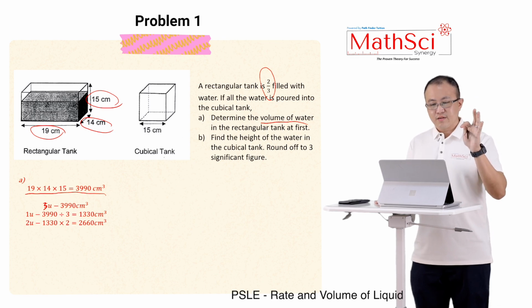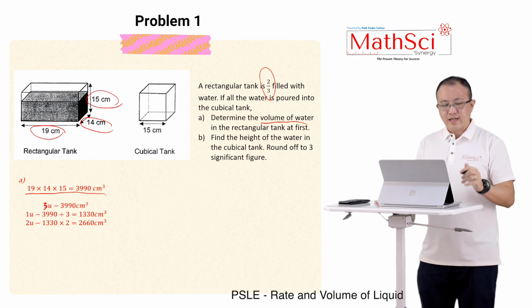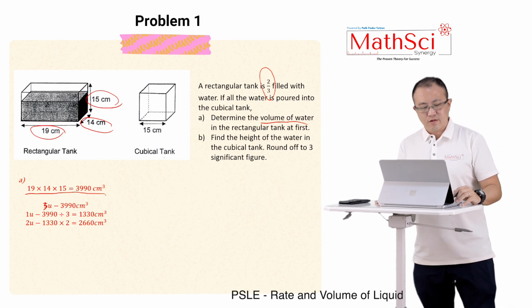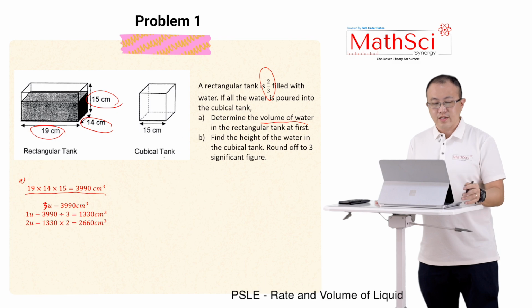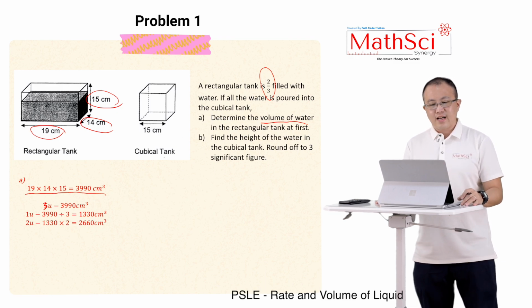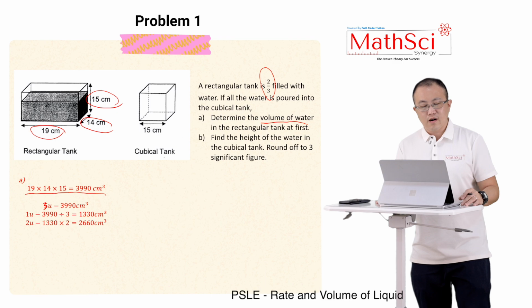Okay, this is 3 units, because 2 out of 3. So 3U, so 1U will be 3990 divided by 3, and then after which you multiply by 2, so it's 2/3, 2 units out of the 3 units. So this will be the volume of the water. Alright. Then after which they say, find the height of the water in the cubical tank, round off to 3